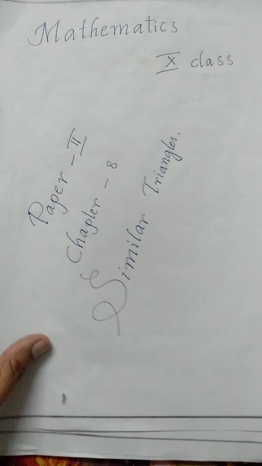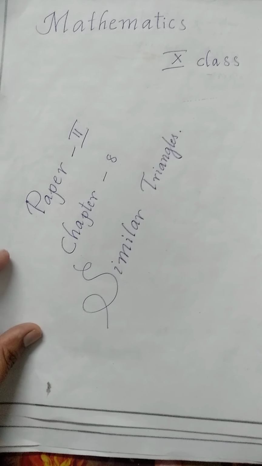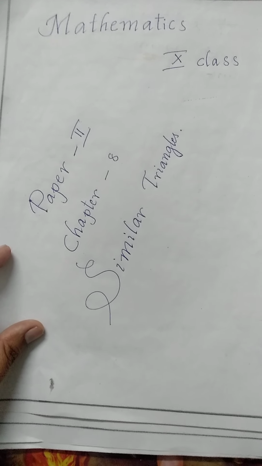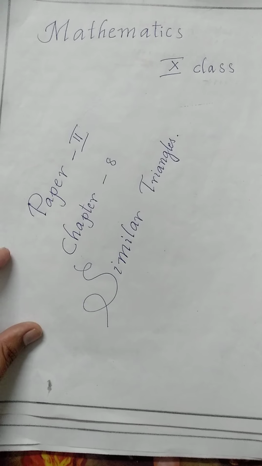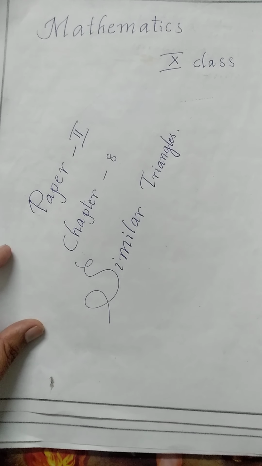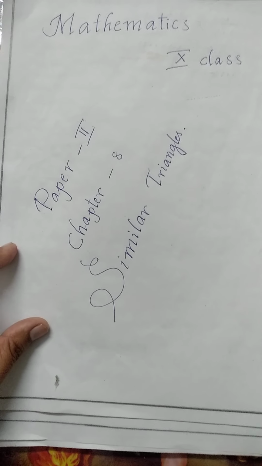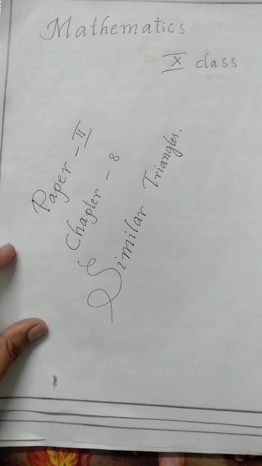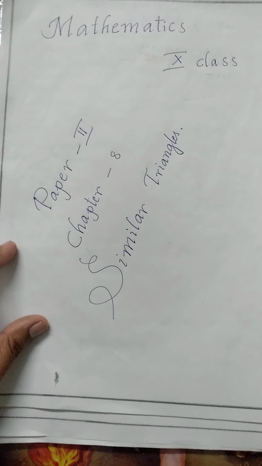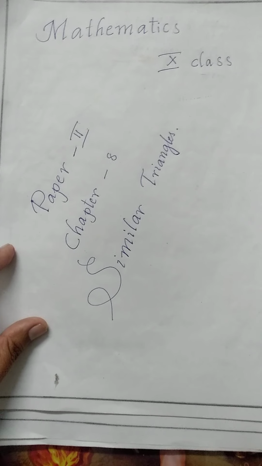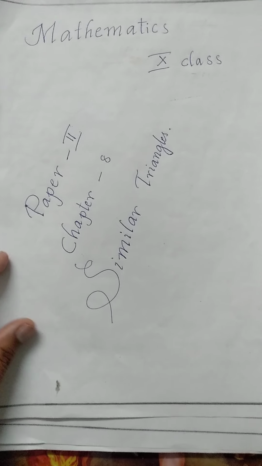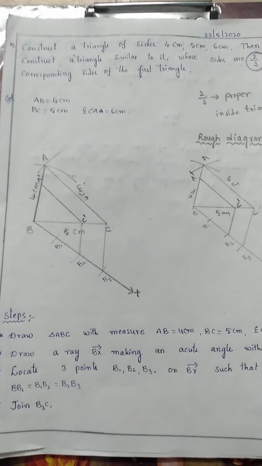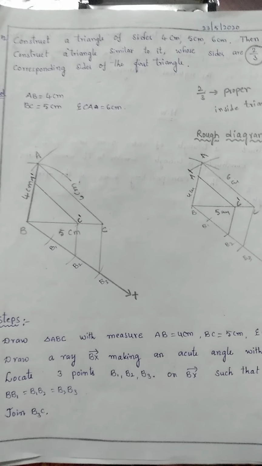Yesterday, I hope the class understood. Okay children, yesterday we learned the construction of a line segment and the construction of a triangle. How did you identify the construction of a triangle? Which type of fraction, which type of construction, draw the construction. Okay, so next, exercise 8.2, 12th problem.